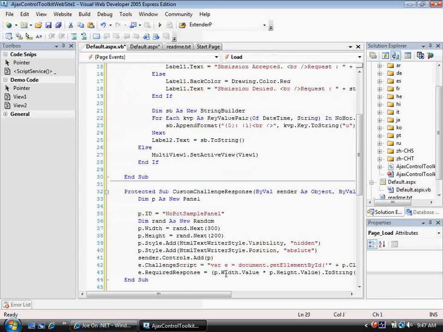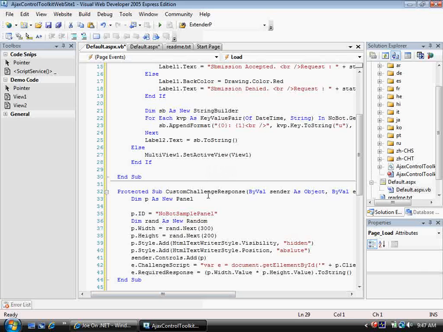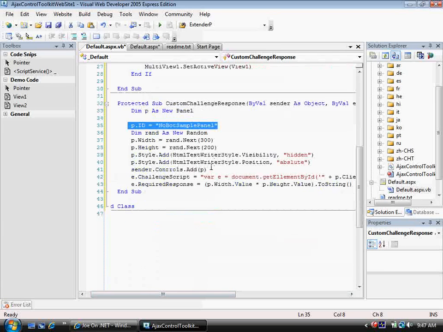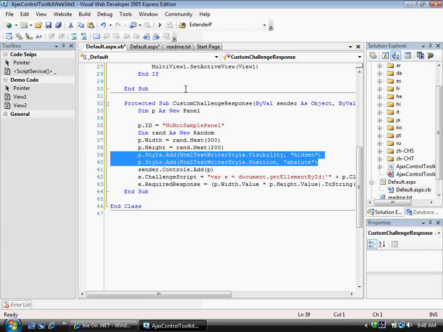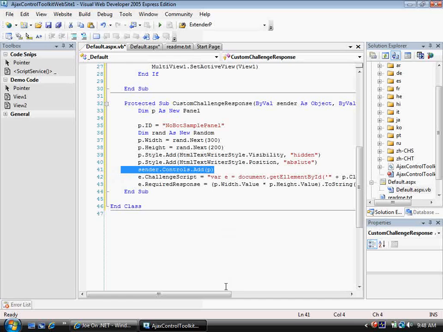So understanding what this does here, we're creating a panel, and remember, even though this is an ASP.NET panel control, it resolves to an HTML div. So we're going to dim up a randomizer here. We're just going to generate a random size for this, and we're going to make sure that it's not visible to the user. So this is just a panel that we're going to use for the purposes of validation using the NoBot. Then we're going to add that panel control to the controls collection,